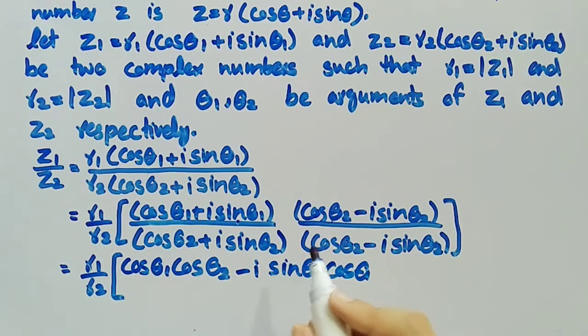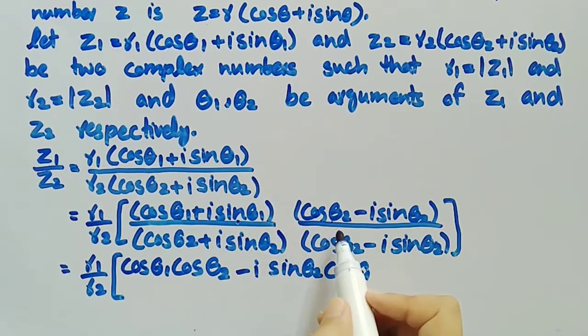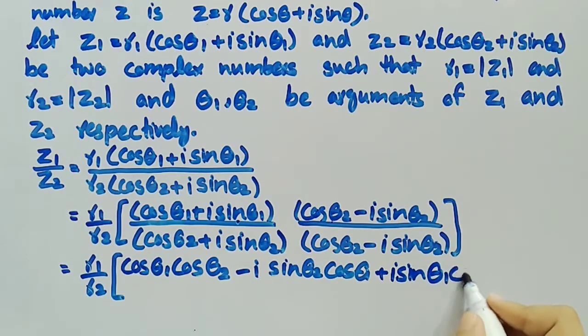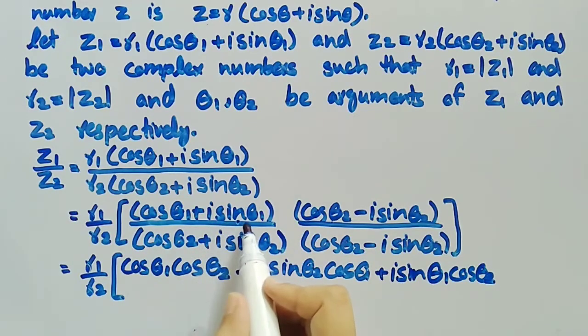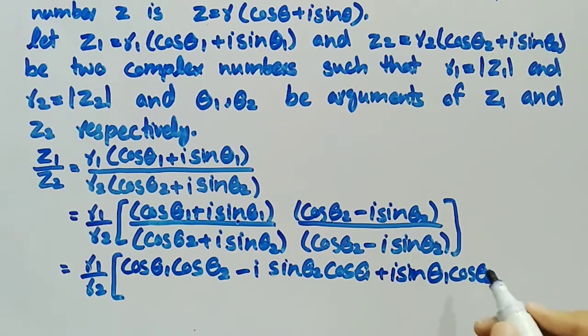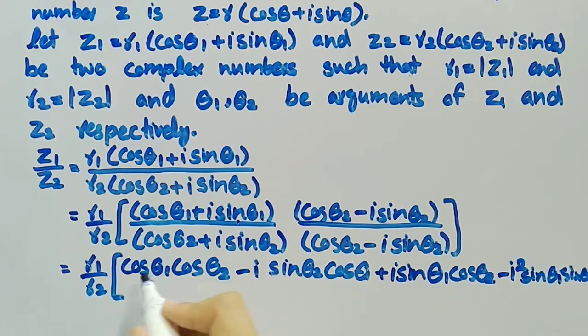Then multiply iota sin theta 1 with cos theta 2, we get plus iota sin theta 1 cos theta 2. Then we will multiply iota sin theta 1 with minus iota sin theta 2, we get minus iota square sin theta 1 sin theta 2 divided by,